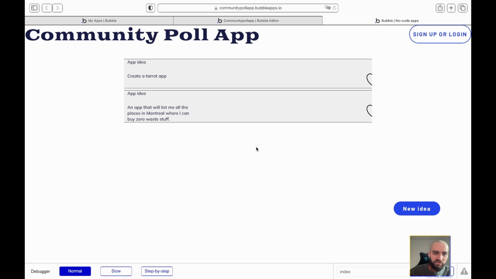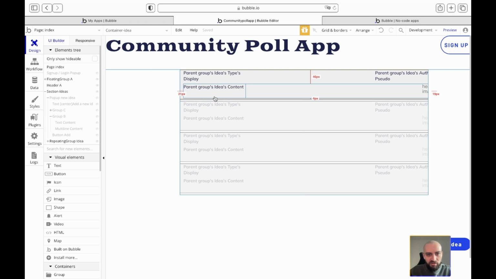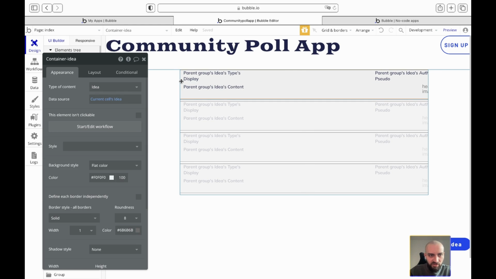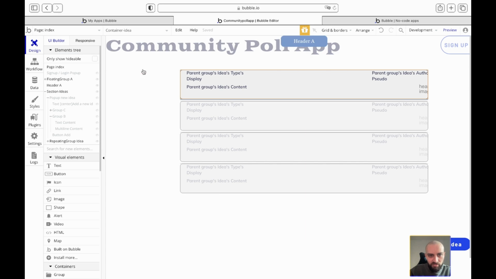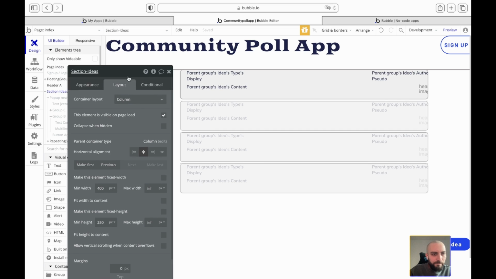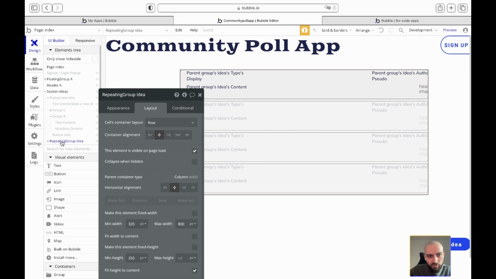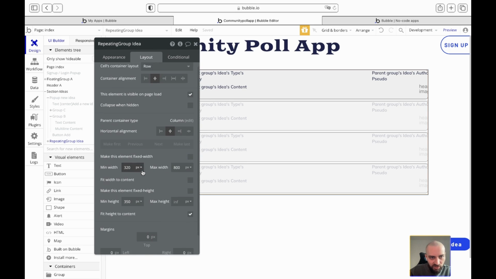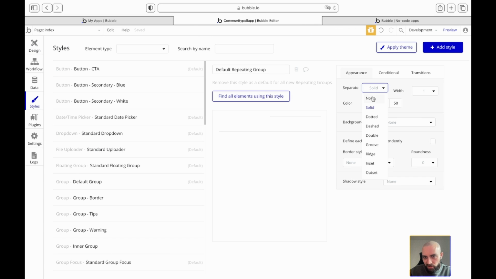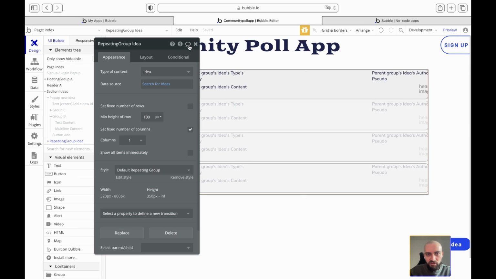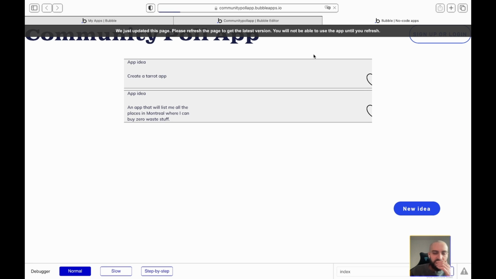It's probably because I didn't set the width on my big group thing. No, I don't think it was this. It's the min width, which is not the same, so I don't put any, and it looks like it worked. Then I want to go back into my repeating group, and I want to change the styling. I don't really like to have this line, so I just remove it. So that when we come back here,